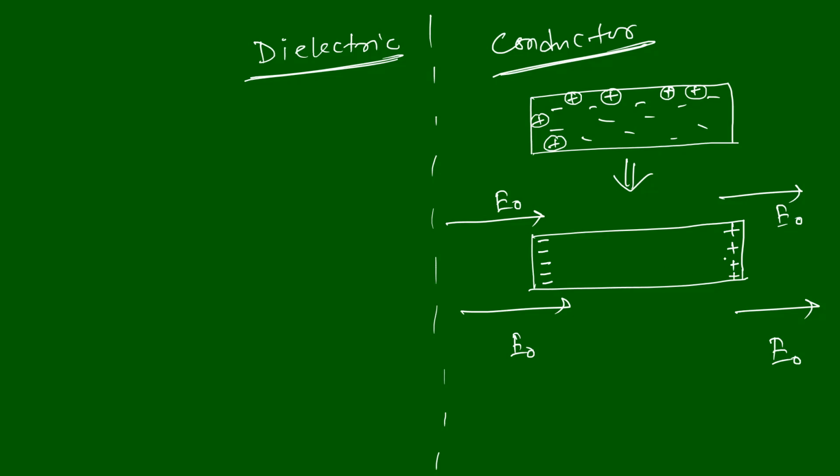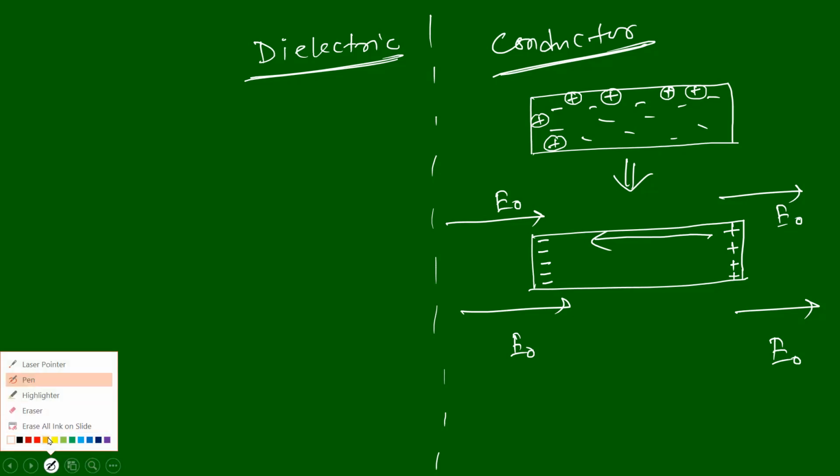Right? So this is an arrangement we are just looking at here. As you can see, whenever the positive and negative charges are separated by some distance inside the conductor, some electric field is induced. And what is the direction of the electric field? Remember one thing, the electric field should always have a direction from positive to negative. So inside the conductor, the electric field should have this direction, and it should be named as